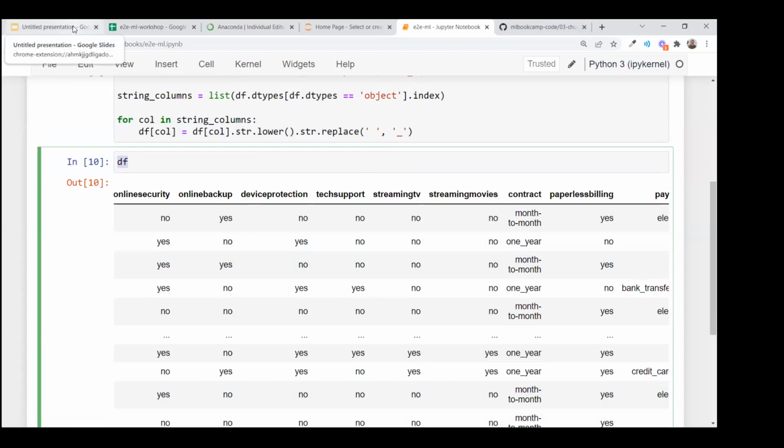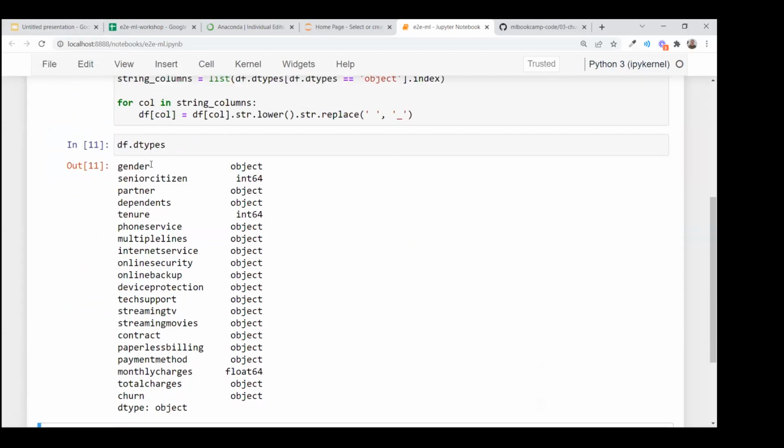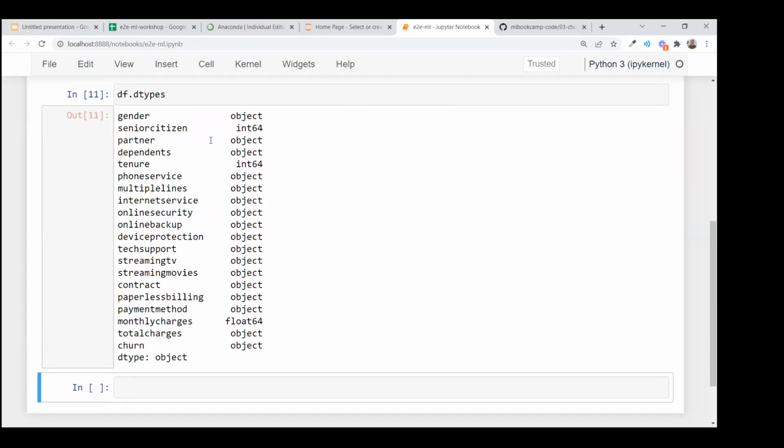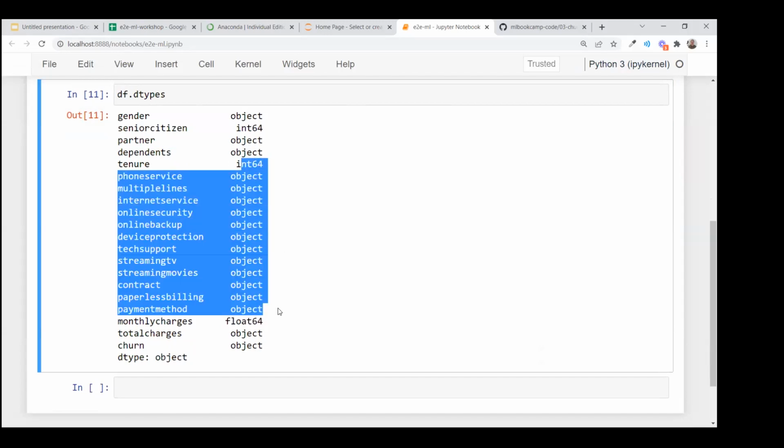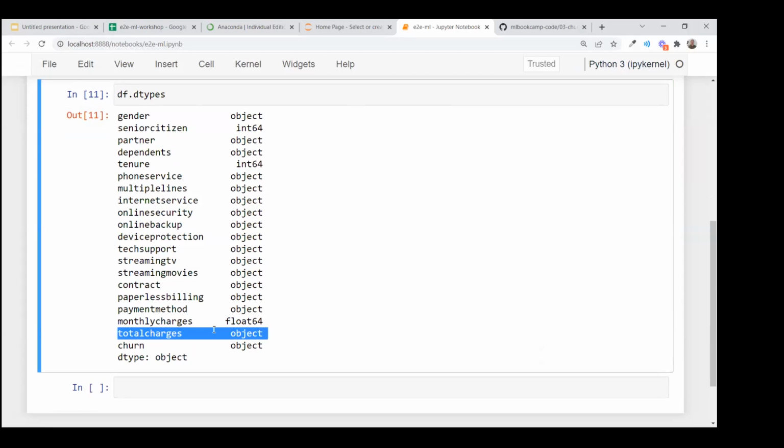The next step is to take a look at the types of the data. Object usually means that this is a string, integer is integer, and float is numeric with decimal points. Everything is fine here except total charges. For some reason, total charges is object, but it should be a float.